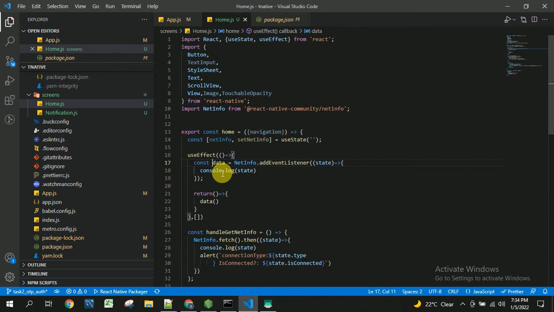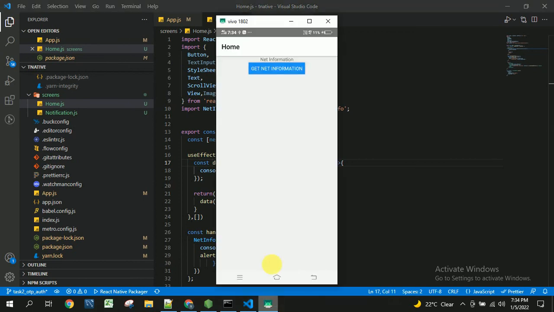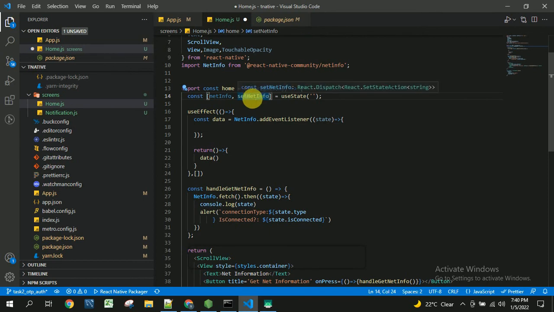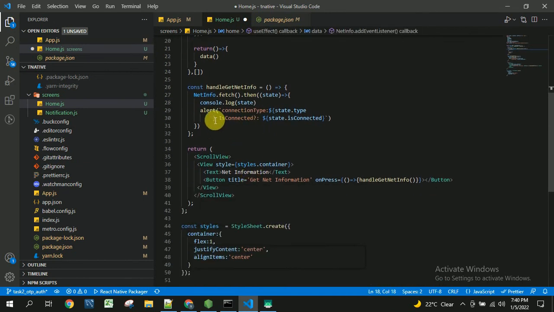Now I'm going to turn off my Wi-Fi. Here, instead of doing the console log, I'm going to set this setNetInfo with the state information. Similarly, you can copy this and paste here.